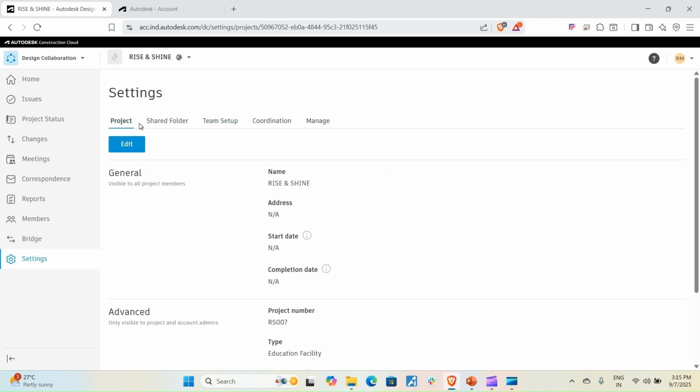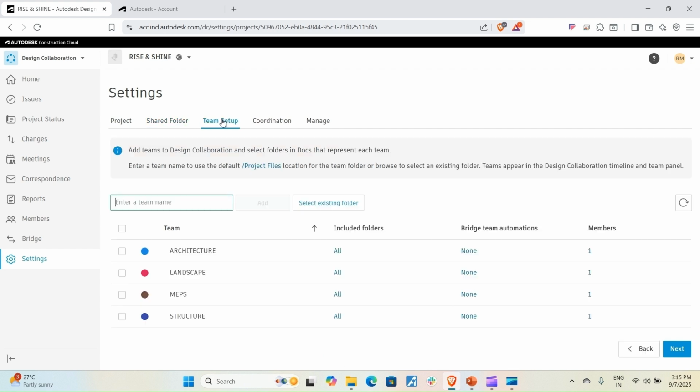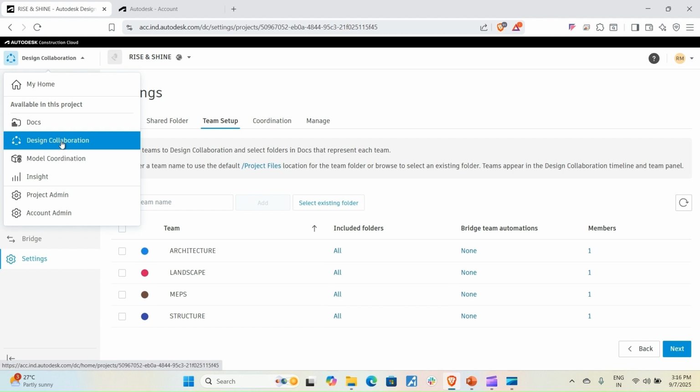Okay, fine. So when you go in project, again the information that you have defined at the initial stage will be seen here. This is the shared folder, this is the team setup. Here you will find all the details of your team. You can assign members in this. Clear? Now in the next session, we will cover how you can add members in this team, and we will proceed further in that manner. So for creating the teams, you have come in design collaboration. This is that space where you coordinate with your members, you create the projects, and you work in that manner.